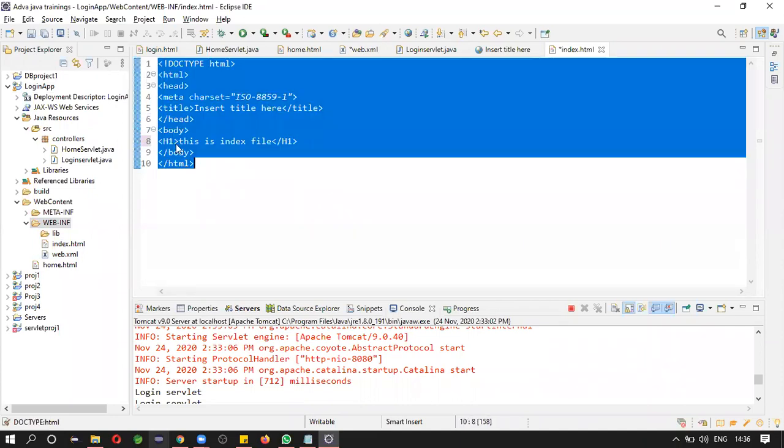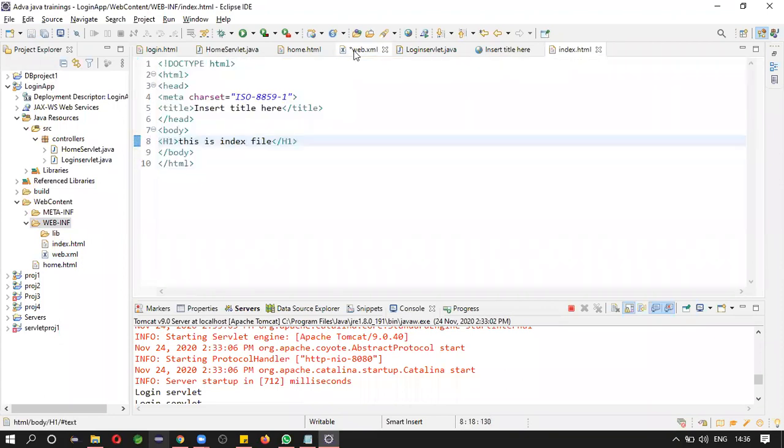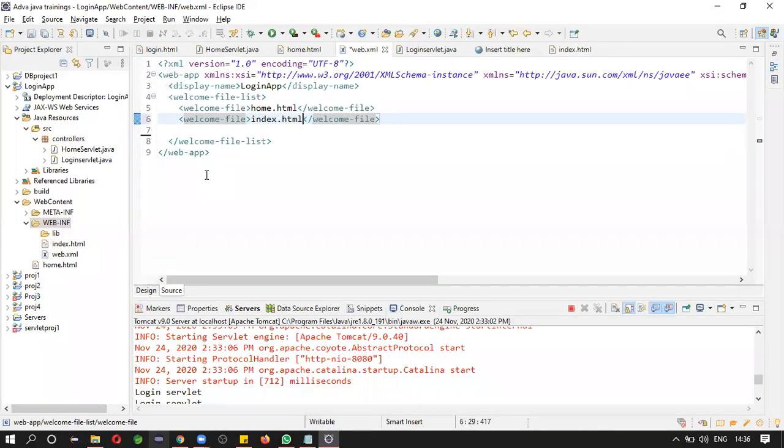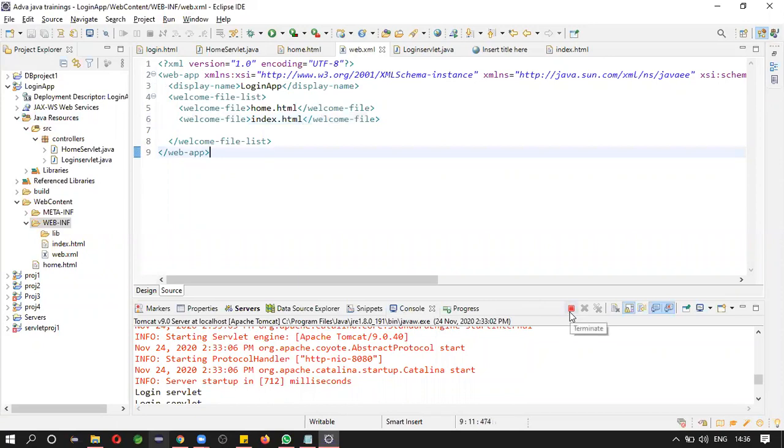So, save this. Now run. Remember one thing. If you made any changes to the HTML pages or CSS or JavaScript files, you need not stop the server.